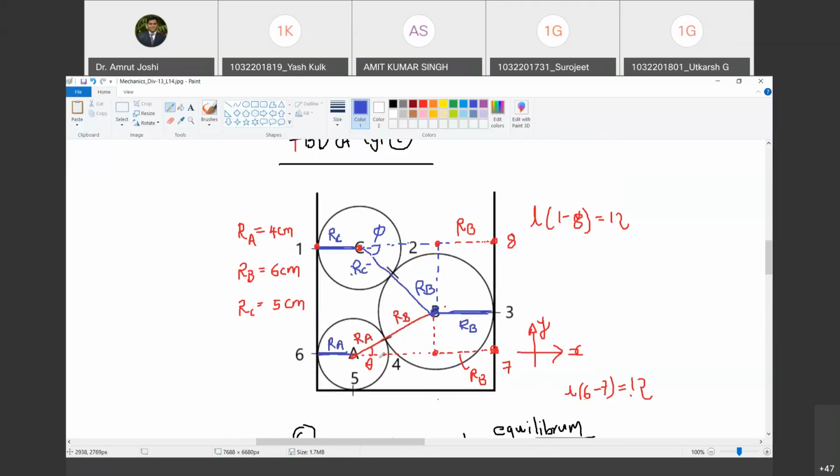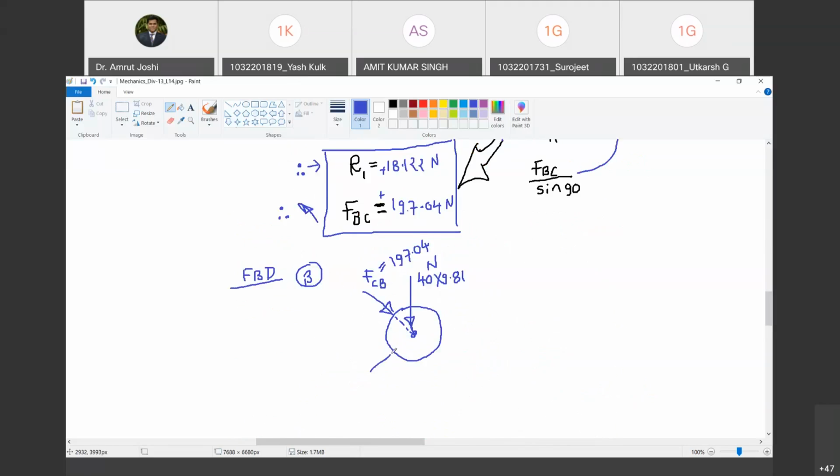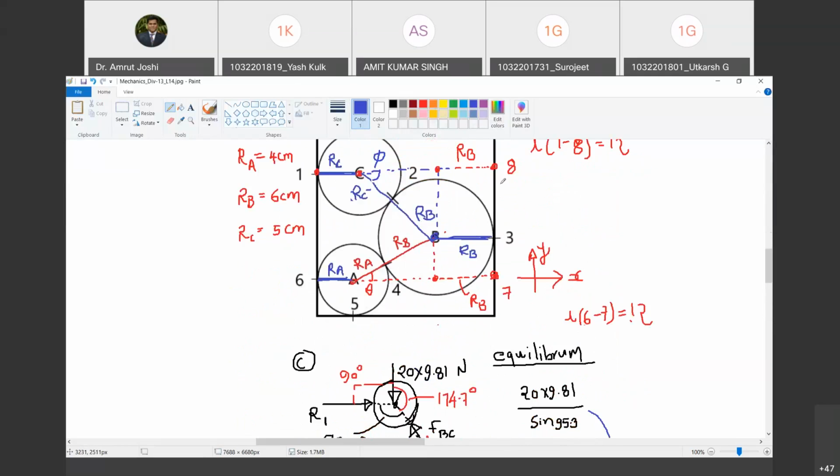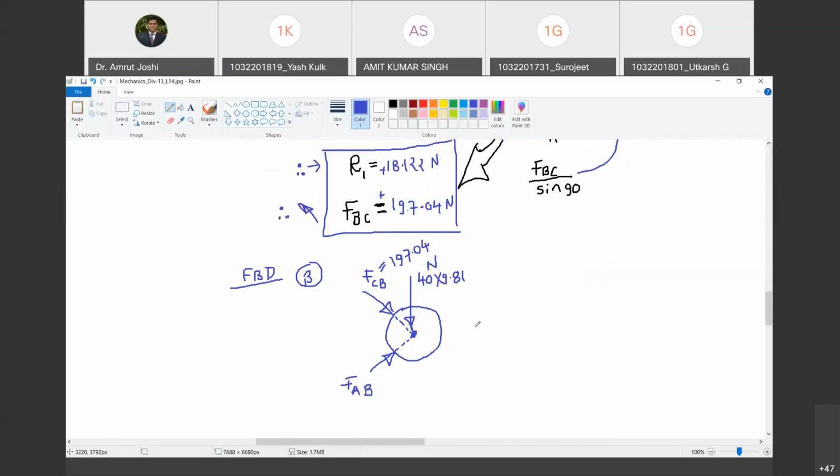Then what is the next reaction? Reaction offered, or force offered, by sphere A on sphere B. Do you agree with me? Yes. It is also going to pass through the center of the cylinder, because it is along the radial direction, normal to the common tangent. Are you with me? Yes, sir. This is force applied by sphere A on sphere B. Happy? Yes. And you have one more force: force applied by the ball on cylinder B. I am going to denote it as R3 because it is applied at point number 3. Do you agree with me? Yes, sir. And this will also pass through the center. So I am going to call it R3.